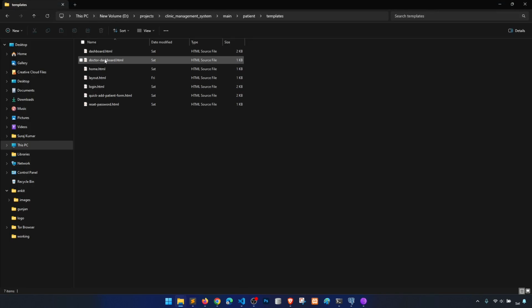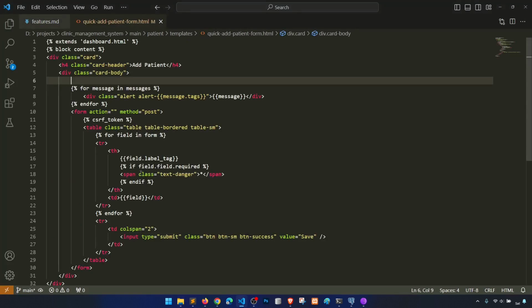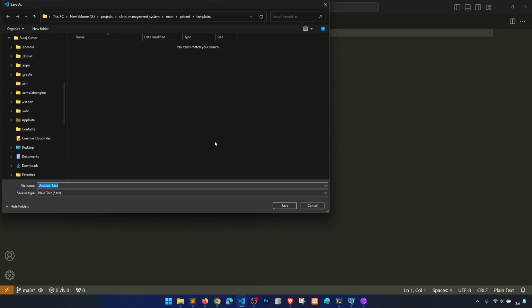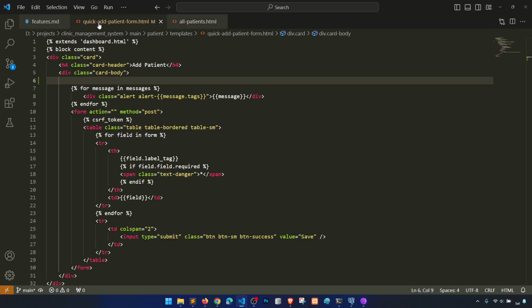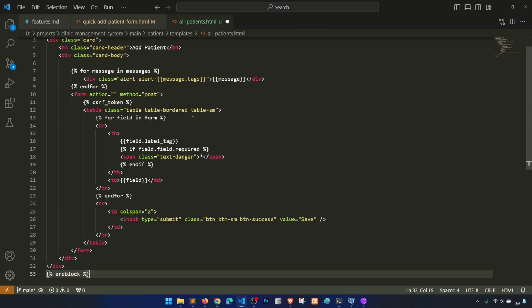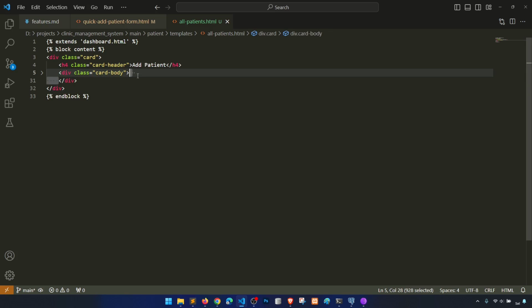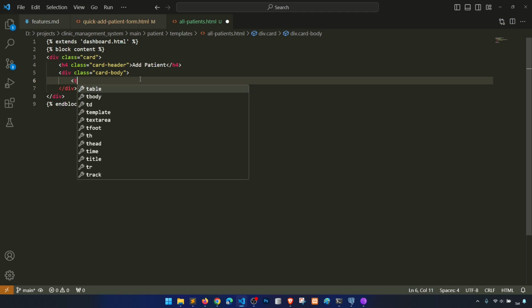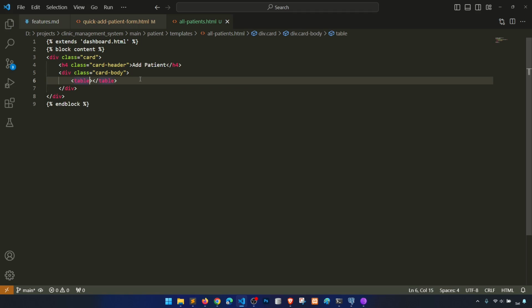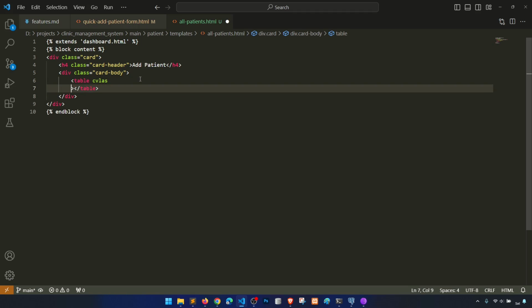Let's open quickly add patient, create a new one, and name it all patients.html. Then we copy this and paste it here and remove this. We will empty the card body and just create an empty table, and then we will apply the class